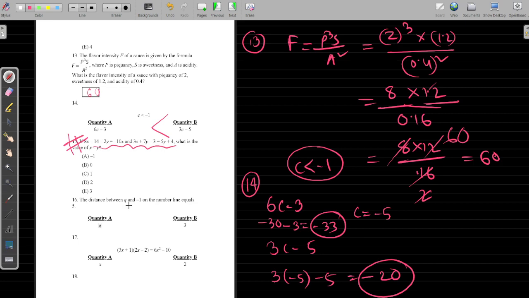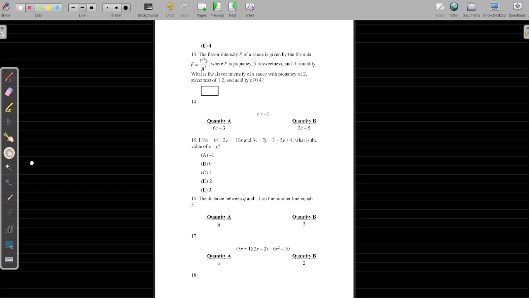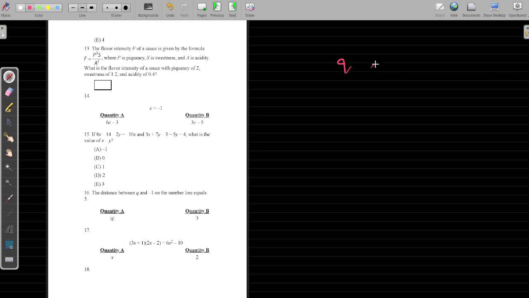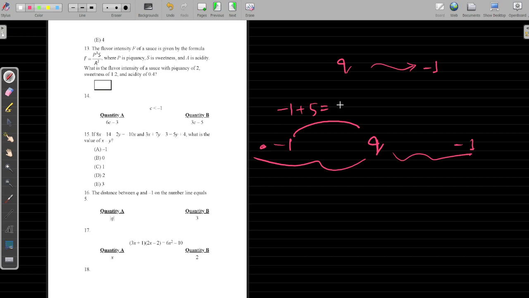The distance between point Q and minus 1. So look, the distance between point Q and minus 1 is equal to 5. So suppose this point is here. So I need to find out the difference. Suppose this minus 1 can be here. So equal distance is 5. So equal distance means, suppose from minus 1 to 5 means minus 1 plus 5, how much? It is equal to minus 4, and